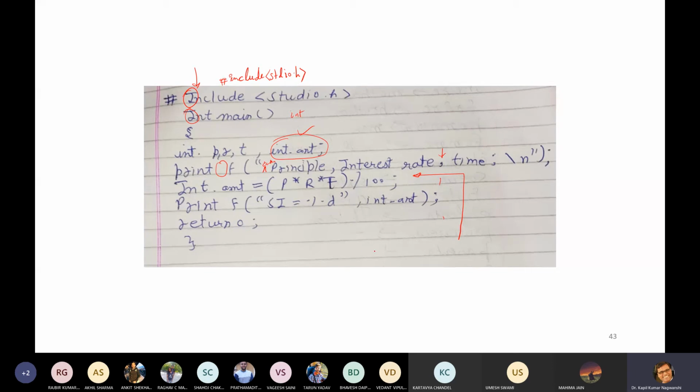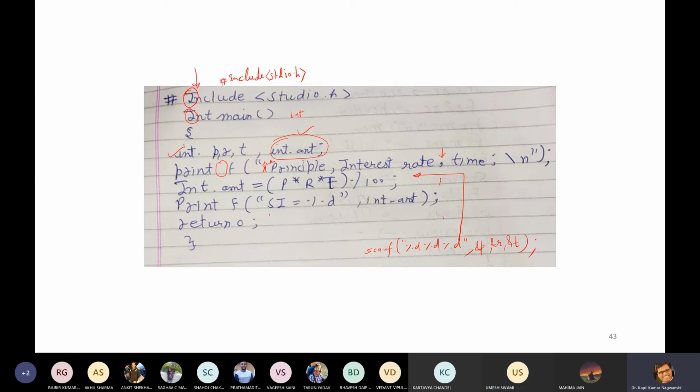Now you need to write one statement, scanf, then you have taken integer values. So %d, %d, %d, double quote, then principal, then interest, rate, okay, then time.